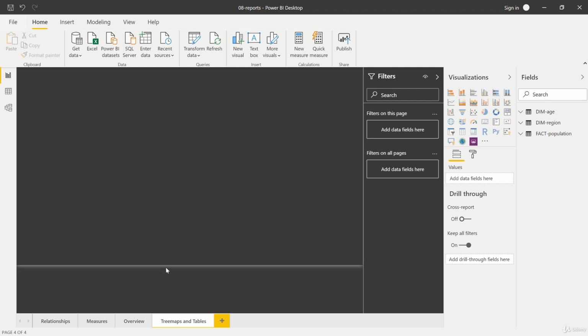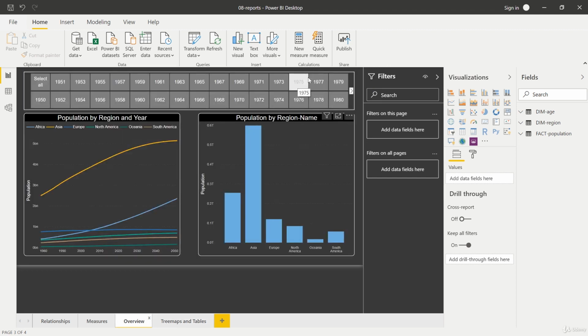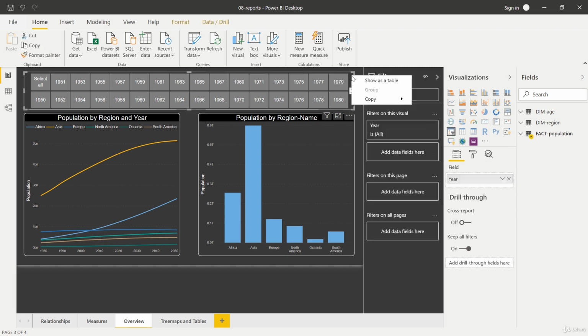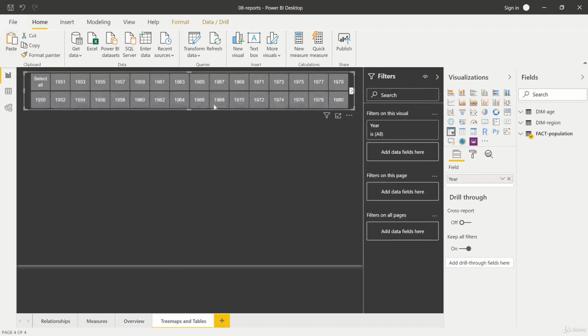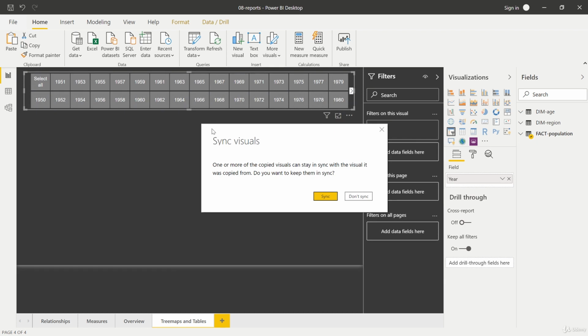The first thing I want to have in here though is again our slicer to select different years. Now we could of course recreate the slicer, we know how this works, or we just go back to the overview because we have our perfectly formatted and perfectly working slicer already. Therefore, if you right click onto it, you can go to this copy menu and then select copy visual. If you then go to the new page and now press paste here, then the visual gets positioned at exactly